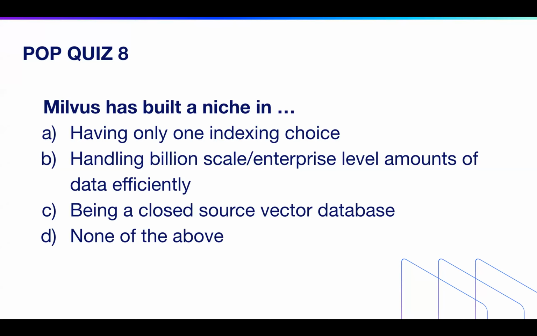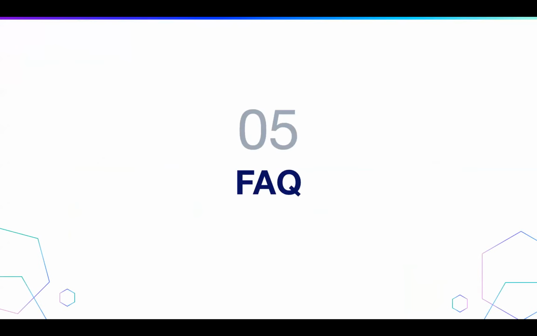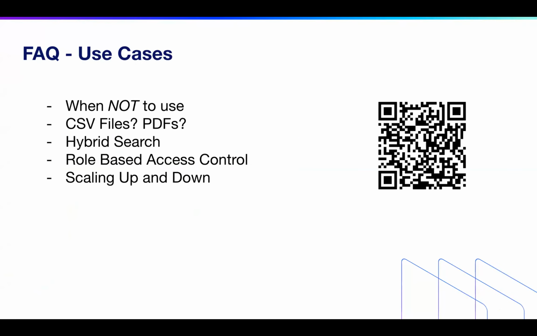HNSW, we have multiple ones, and you can also quantize it. You can do scalar quantizing, product quantizing, depending on how much you need. Typically a lot of people like to use HNSW, which is graph-based. I don't have a slide on that, unfortunately, but HNSW uses a graph-based index, which means